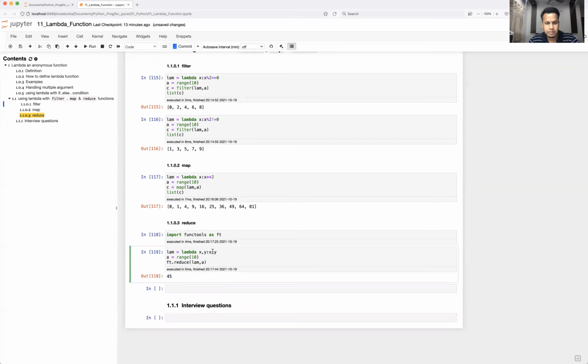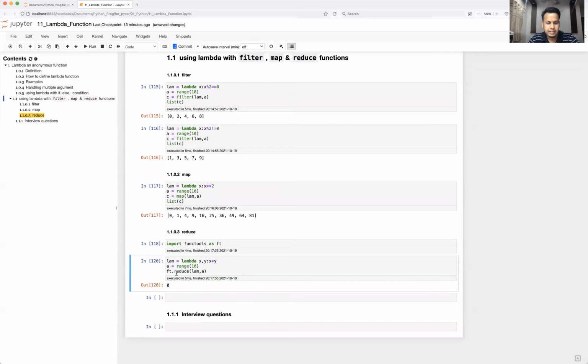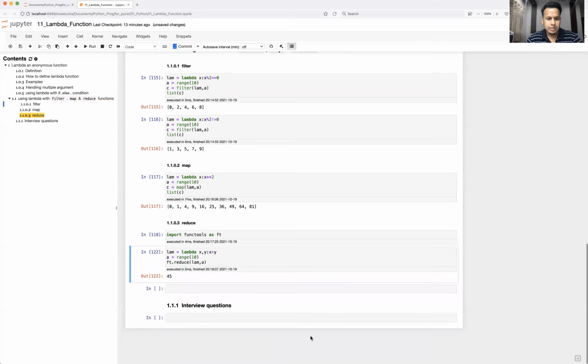That's what it is going to do. If you want to perform some other operation, you can do this also. Since 0 is there, of course multiplication of 0 with any number will be 0 only, right? You can take square. So again with 0 plus 1. Okay, so that's how we use it.